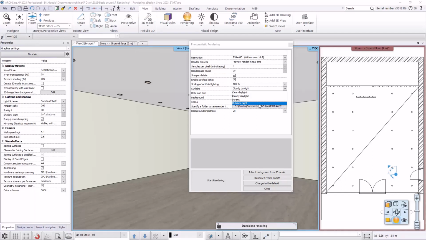If we want to create a nighttime render, there are two important steps to consider. For the sunlight, let's choose an outdoor night and consider selecting a nighttime background if the scene includes an outdoor environment. I'll choose clear daylight for now. Here you can see the date and time we set earlier. In the next step, we can also select the